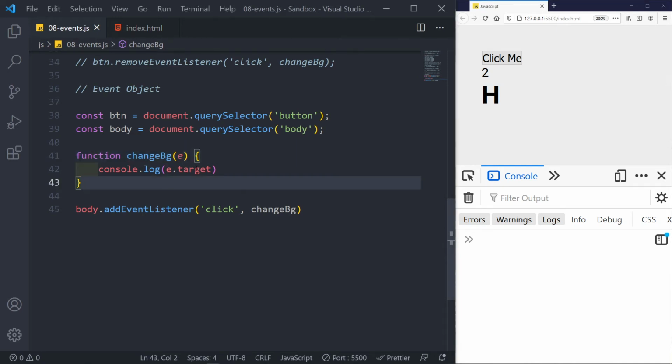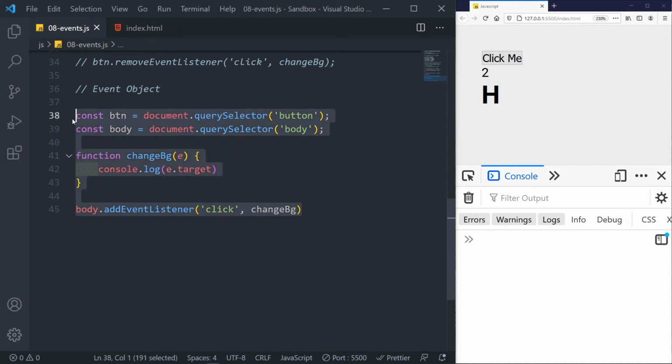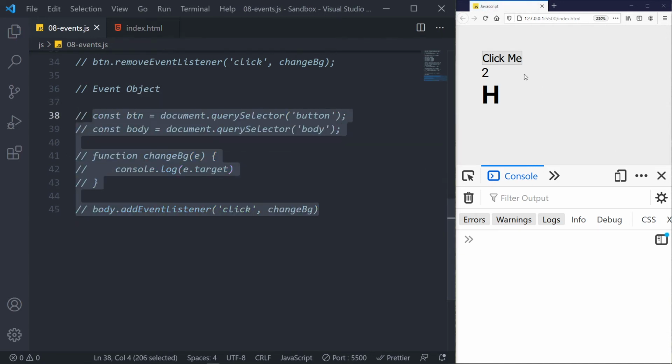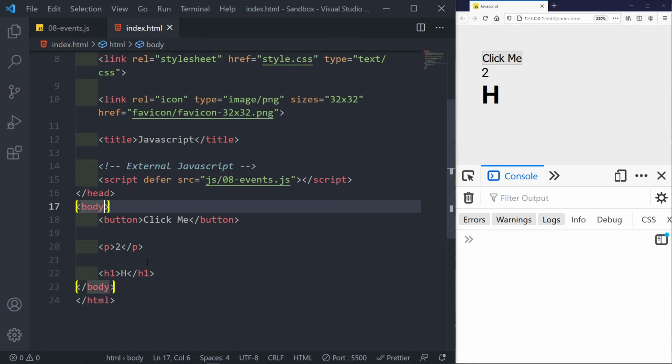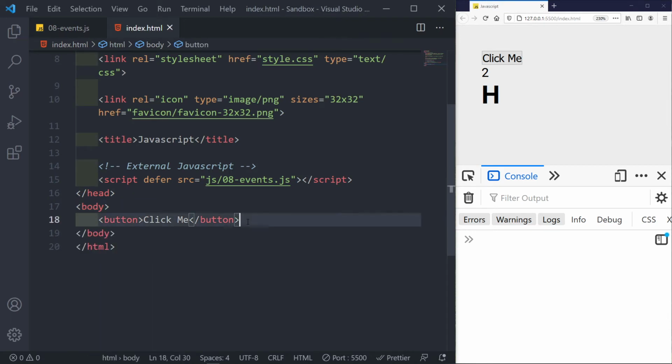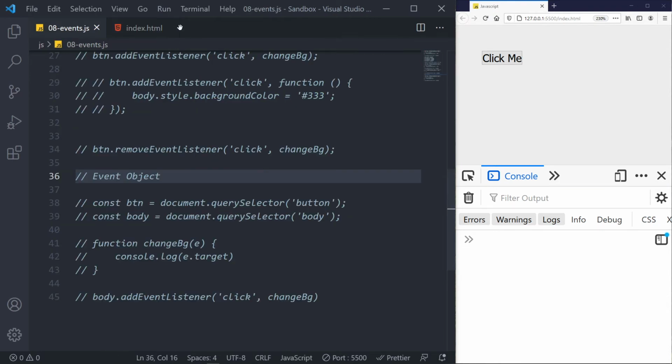Now, the event object can give us some useful information or methods or features attached to it. Now, what if, all right, let's just comment this one out for now. Save it. Remove it from here. That's it. Okay. Now, what if